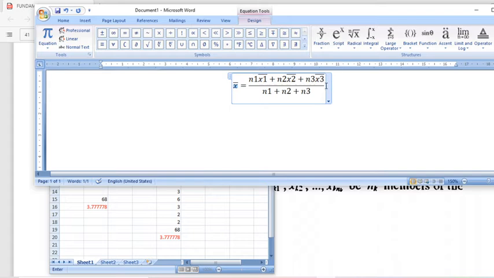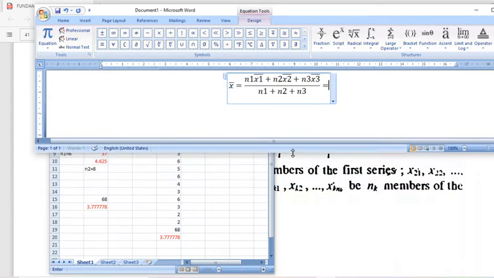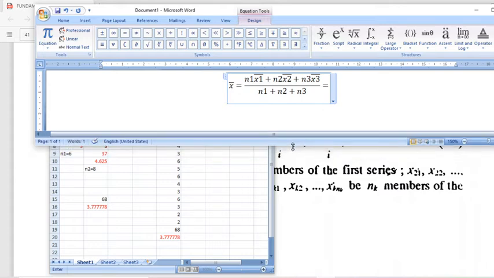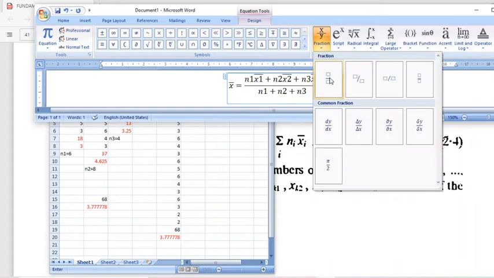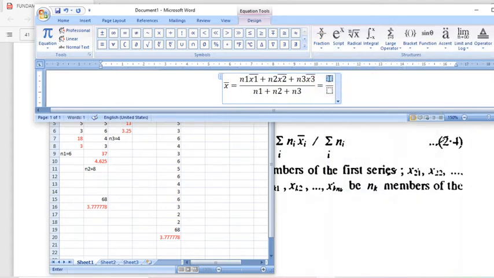So what is this value in our example? n1 is 6, so 6 into